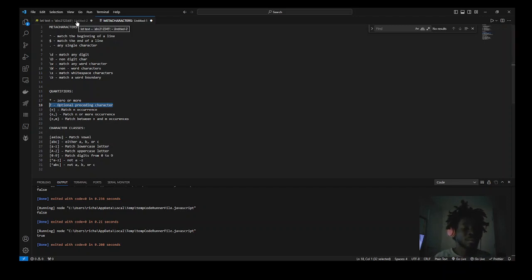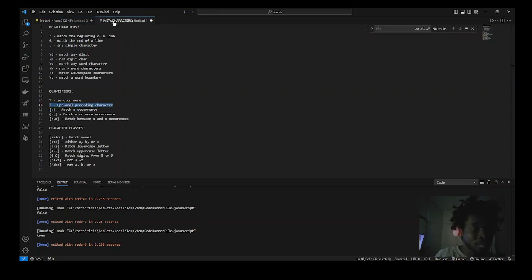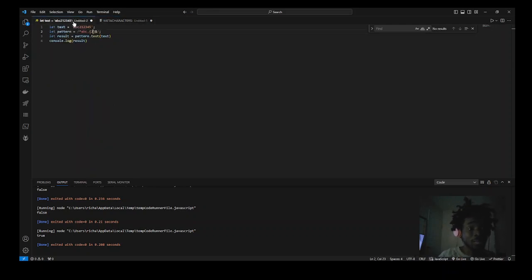The question mark is saying the preceding character is optional. We're saying it's not compulsory, we don't have to have it there, and it's the preceding character that it applies to. So if I just had ABC, and then